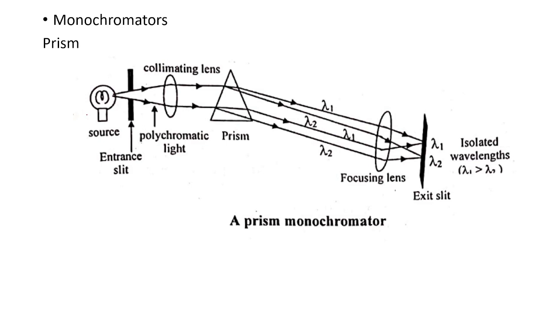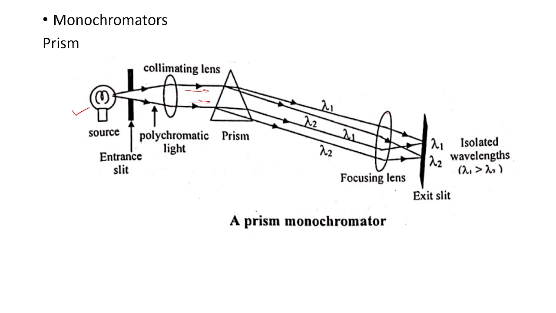You can see here the source. This source produces different wavelengths. Now this light is passed through a lens which will produce parallel radiations like this. When they are incident on the prism, due to diffraction, each light gets diffracted in a different direction. For example, this light wave with lambda 1 gets diffracted here, lambda 2 here, and so on.